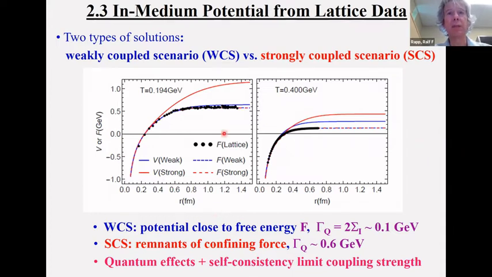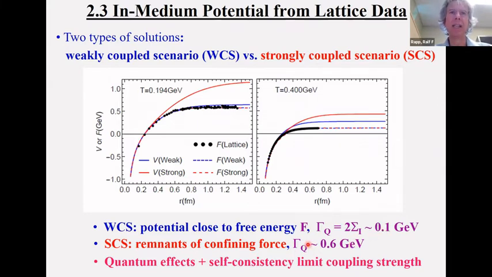But for the weakly coupled solution, the potential is just a little larger than the free energy. And sure enough, the imaginary parts are small. So we are actually not far from that delta function solution. On the other hand, there exists another solution, which is quite a bit more non-trivial and also not so easy to find. That is what we call the strongly coupled solution, where the potential is much stronger. And at the same time, if the potential is stronger, also the imaginary parts, and of course also the real parts, but they play a lesser role, are much larger, a factor 6 larger here in this case